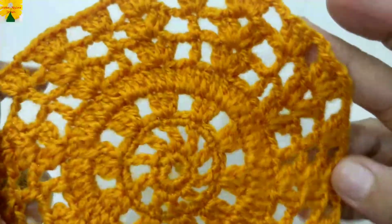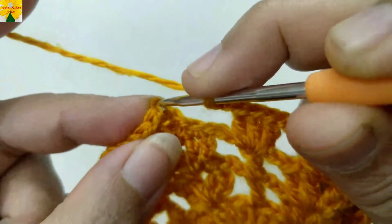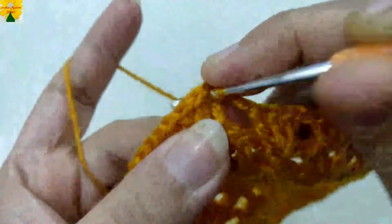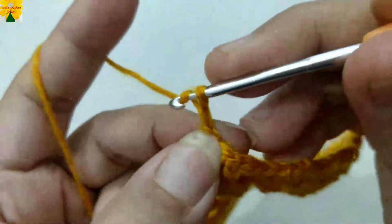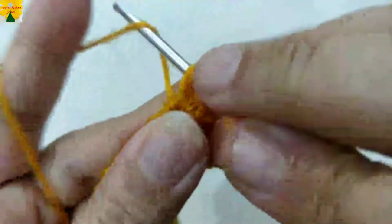When this round is complete, we have to make chain 2. Now we have to join the stitches on the top of the first stitch. So insert the hook and pull through 2. On the top of the next stitch, we have to make single crochet 1 into the chain space of 1, single crochet 1. Chain 1, 2, 3, which counts as a double crochet, into the same chain space of 1,